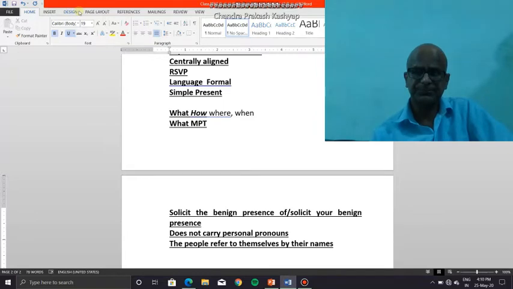For example, a school is extending the invitation to parents on, say, Founders Day. This is just one example. I may begin: the principal, staff, students. In the next line, Scholars Home, All India Senior Secondary School, Dehradun. In the line that follows, solicit your benign presence. Here, I'll explain how. Your benign presence on this special occasion of 75th Annual Sports Day. Say, for example, Annual Sports Day.